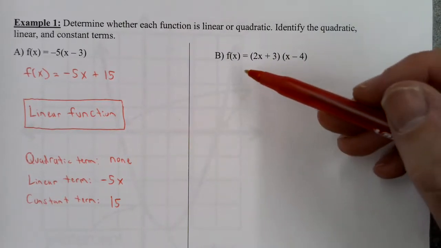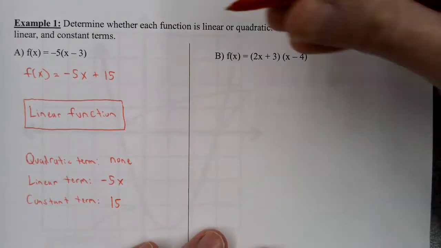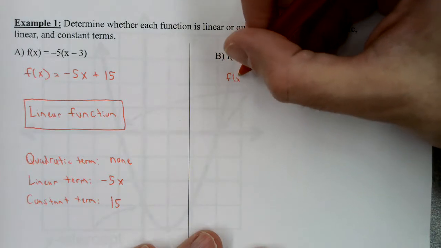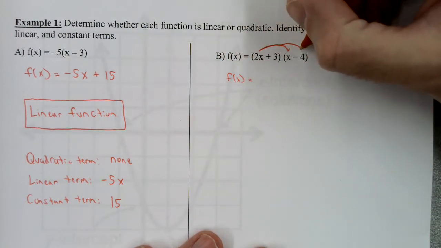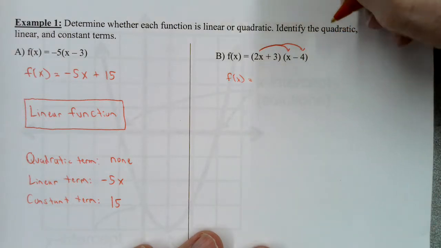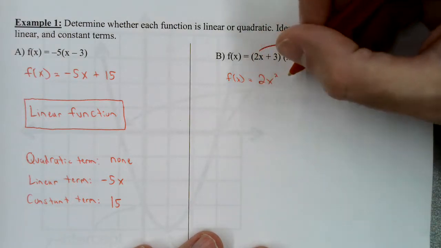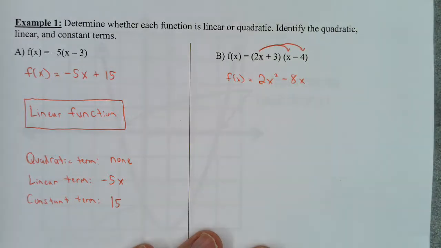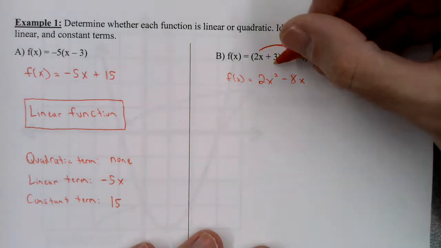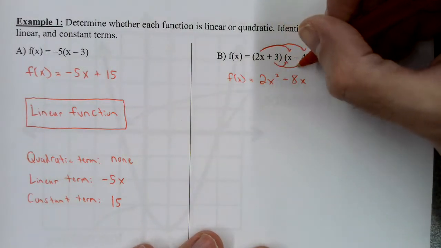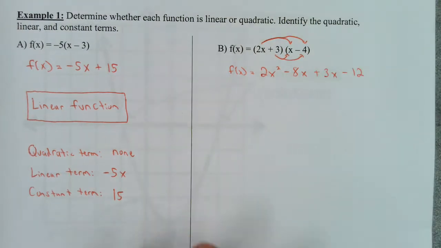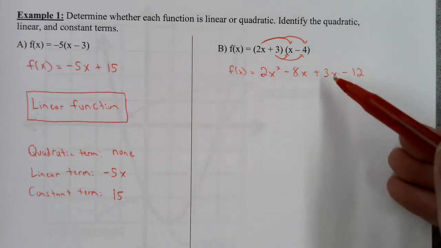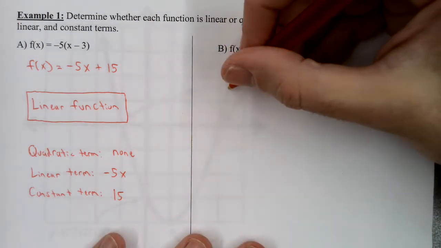Okay, example 1b, let's distribute this one, okay? Let's start by distributing the 2x. So 2x squared minus 8x. And then let's distribute the 3. So plus 3x and then minus 12. And let's combine like terms. Let's make that -5x. So f of x equals